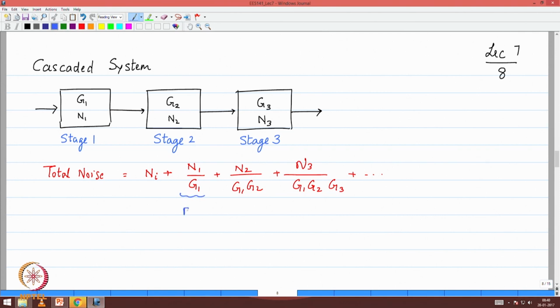It will be F1 minus 1, correct, times Ni. What will N2 by G2 be? It will be F2 minus 1 times Ni. N3 by G3 will be F3 minus 1 times Ni. Okay. So now if I were to rewrite the equation and pull out the Ni factor and then look at